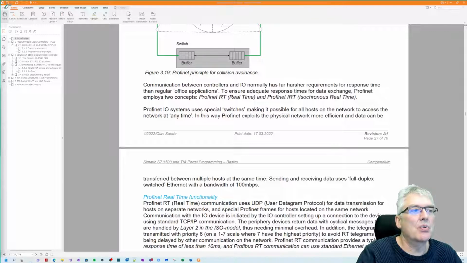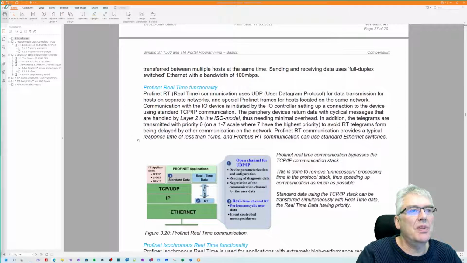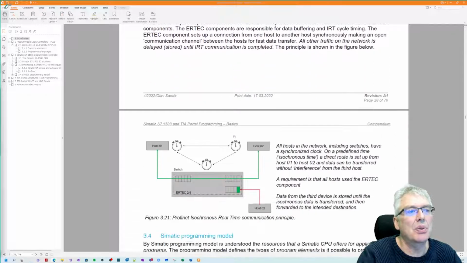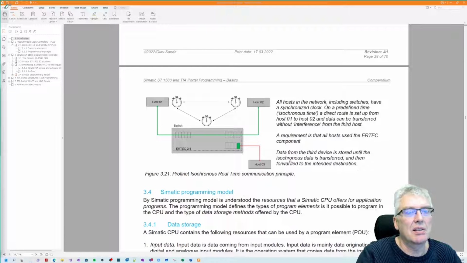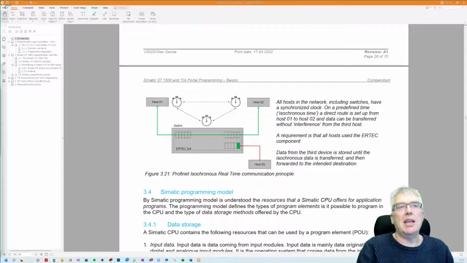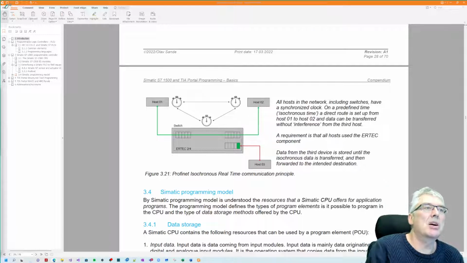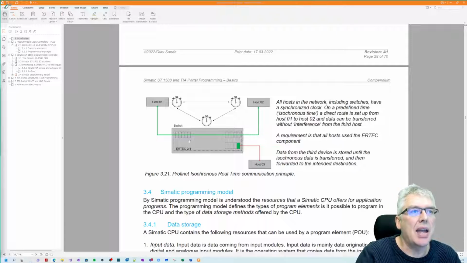So that's one part, and then we get to the real-time functionality, which has to do a little with frames. But what we are going to look at last here is what we call isochronous real-time communication for Profinet. The switch has buffers because it has to buffer things. Here, host 1, and hosts in IP networks could be PLCs of course, PLC 1 wants to transmit data to host 2, which could be remote I/O, not another PLC, and that has to happen every 300 microseconds,